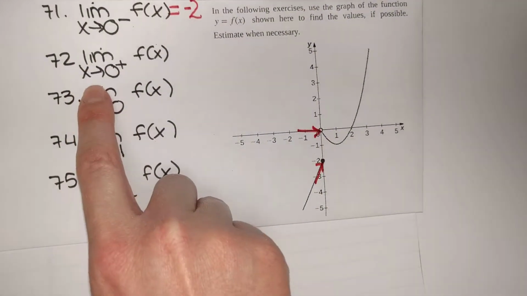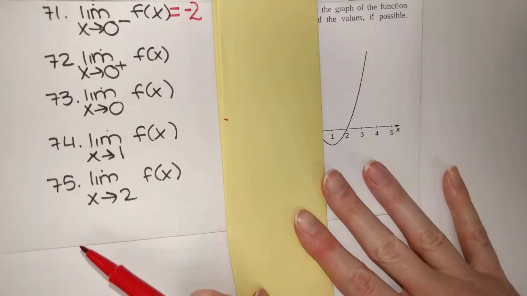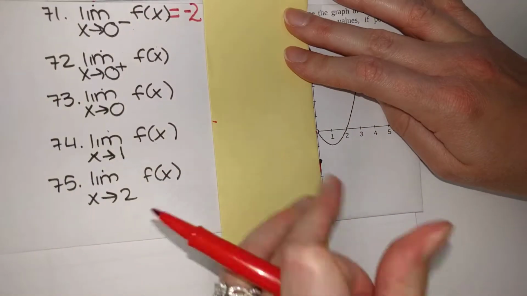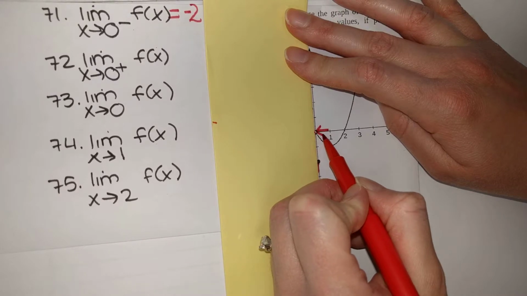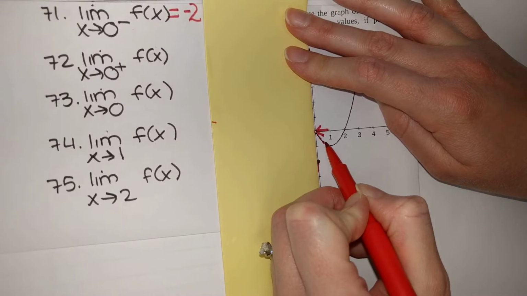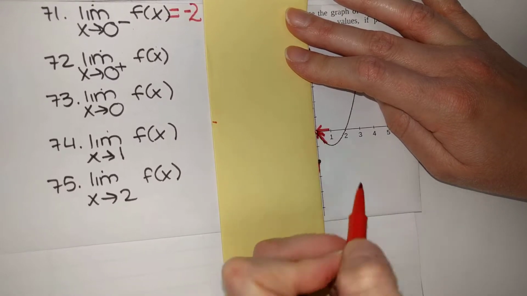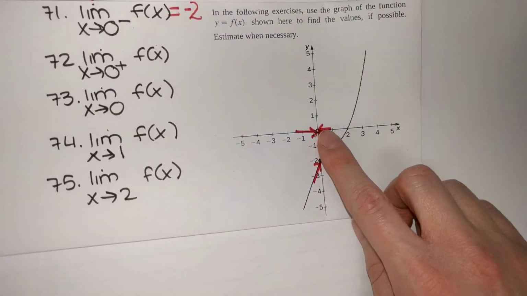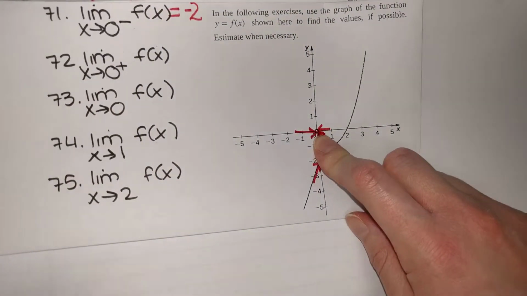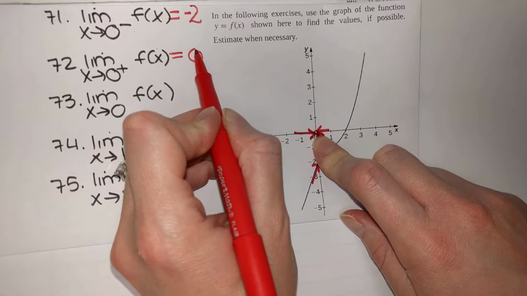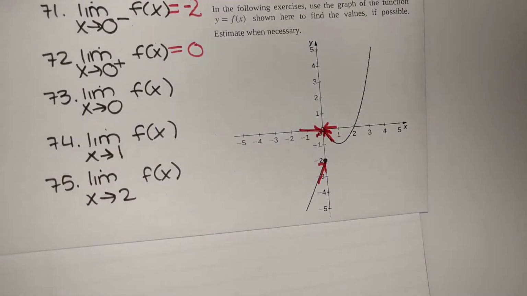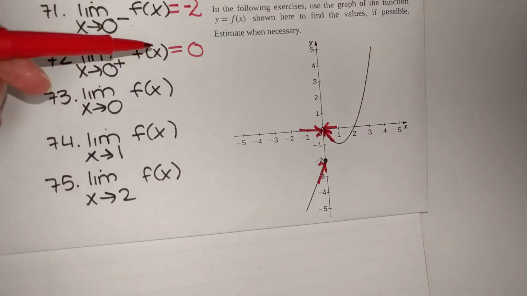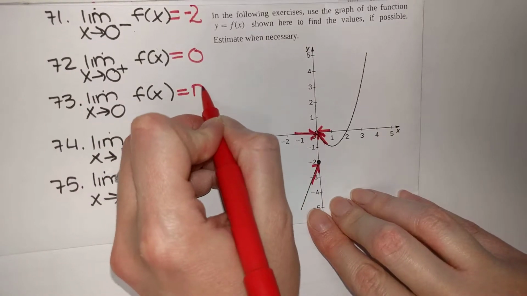All right, now looking at from the right, we would cover the opposite side, and then we would say, okay, as x goes in towards 0, all of our little function values are going up towards this open circle. That open circle corresponds to the origin, so we have a y value of 0. And then we can say our two one-sided limits here are not equal, so that means that our two-sided limit